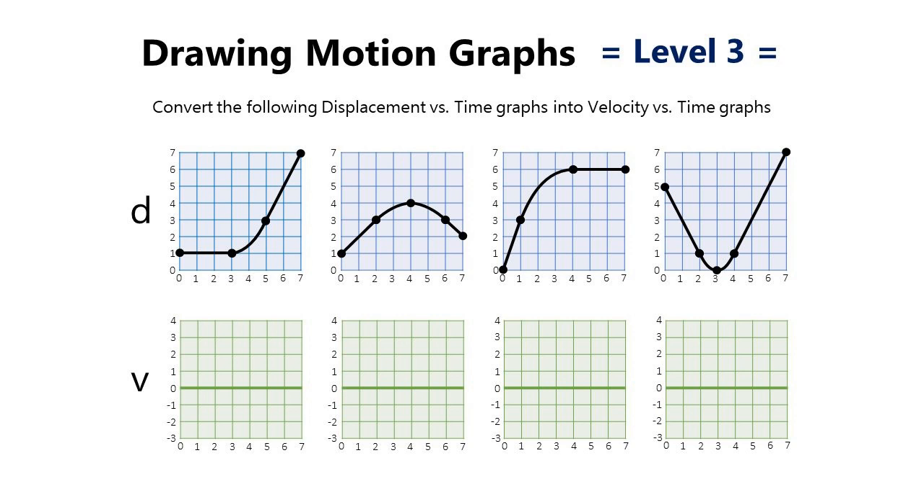Now let's take a look at a couple that are curved and see if we can go from displacement to velocity. So we're not moving, so velocity is 0. But then we start to accelerate. So now we're going to see a slanted line on our velocity graph. And so it's going to slant. It looks like it's accelerating. Eventually,